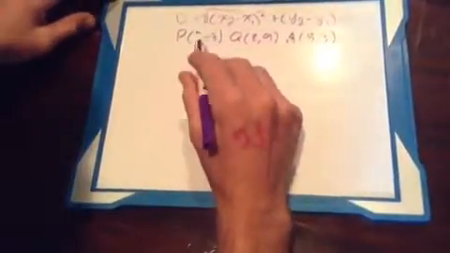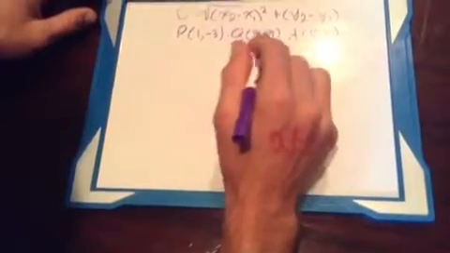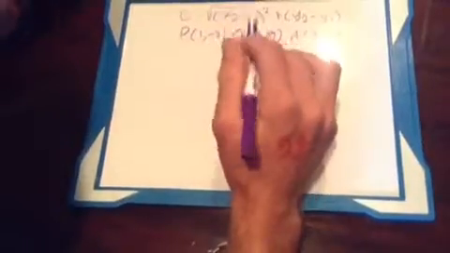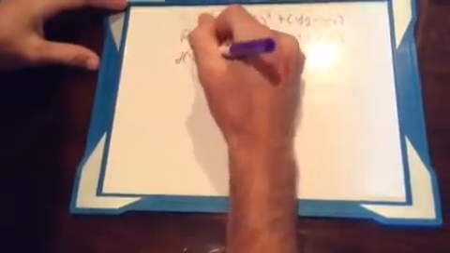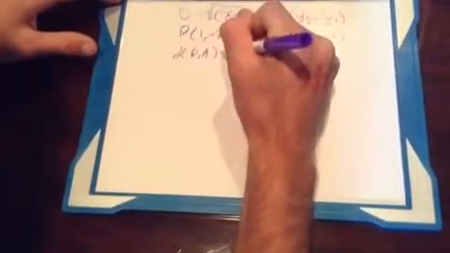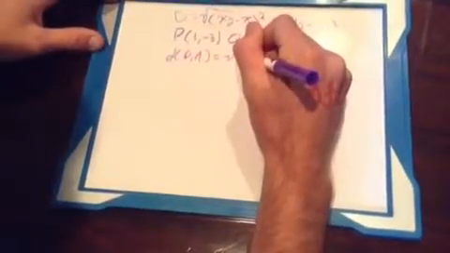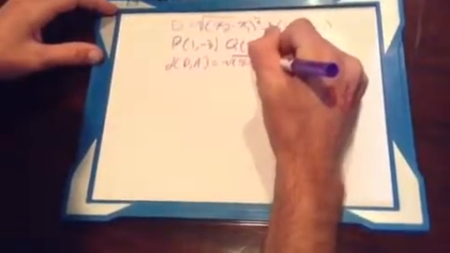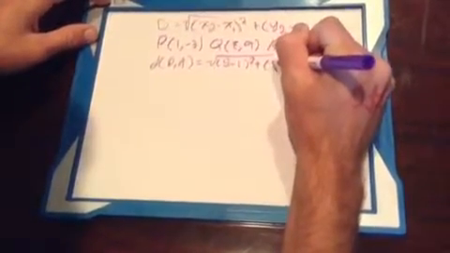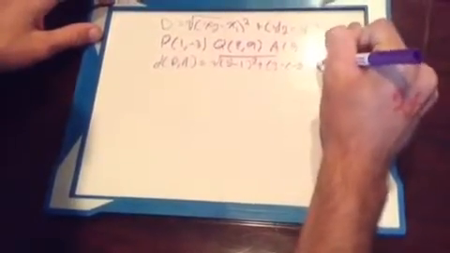So we're going to plug PA and QA into the distance formula and see which one is smaller and therefore closer. So the distance of PA equals the square root of 5 minus 1 squared plus 3 minus negative 2 squared,